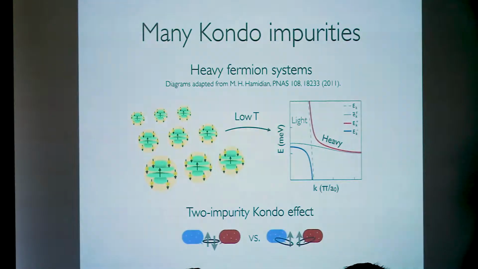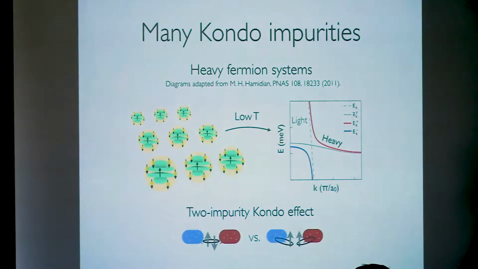More exotic Kondo effects may be thought to be related to some material systems. Without overstating the connection, I think you could make a case that heavy fermion systems, where you have some lattice of magnetic moments interacting with conduction electrons, are related to the two impurity Kondo effect. The heavy fermion systems have this anomalously large effective electronic mass, and that's due to the hybridization of your conduction electrons with these magnetic impurities.